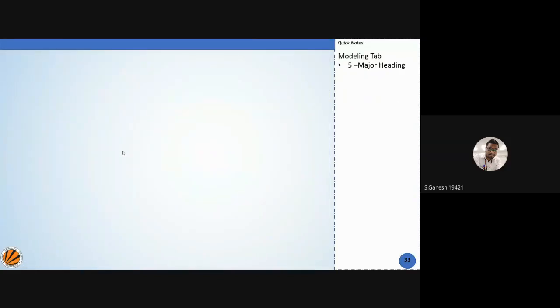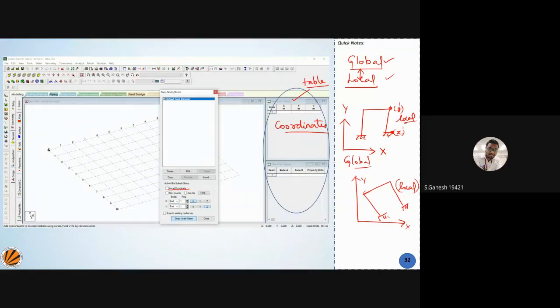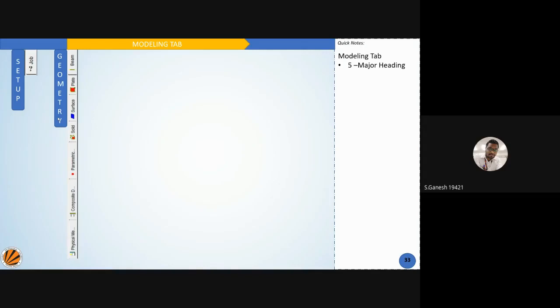The first concept you want to know is the modeling tab. I'm going to focus on this part over here. You can click your cursor over there once you open the software. On the modeling tab, basically you have certain setup files where you can enter your job details. And secondly, you have a geometry part, where you want to create a beam or surface or plate or certain kinds of composite materials. Once you click on this geometry, you can see all these icons next to it, right? Once you start working on that, we are going to explain all this part.